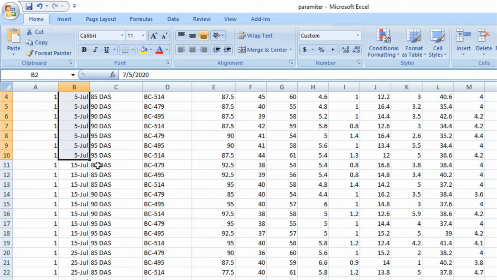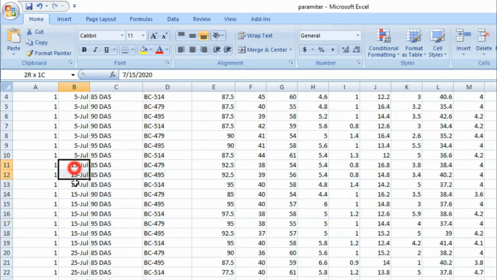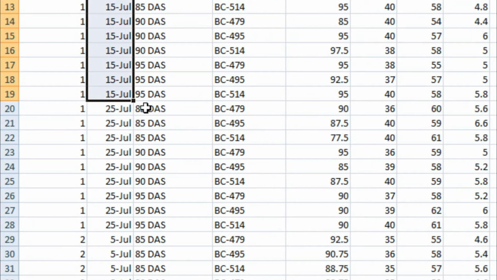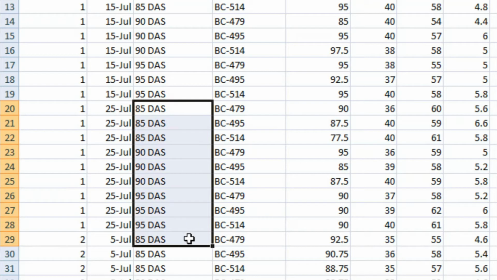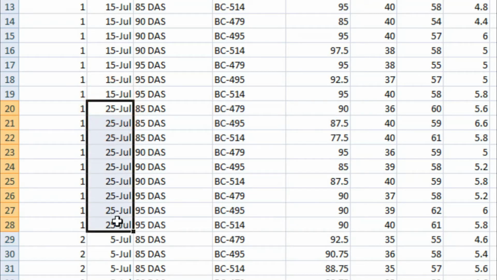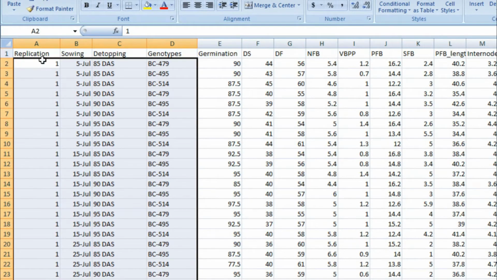Again the same genotypes and detopping times are stored in sowing time 2, that is 15 July, and the same genotypes and detopping times in sowing time 3, that is 25 July, and all of these are in replication 1.